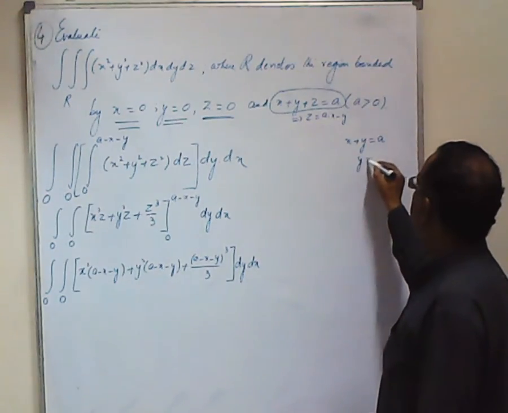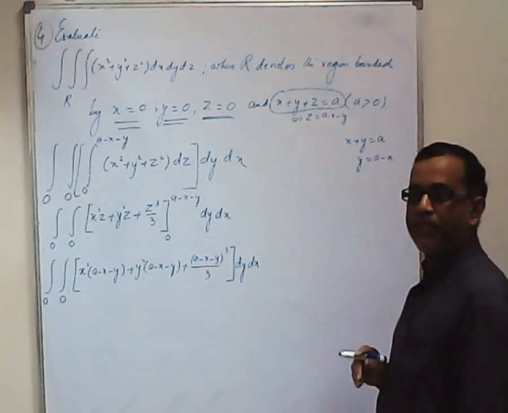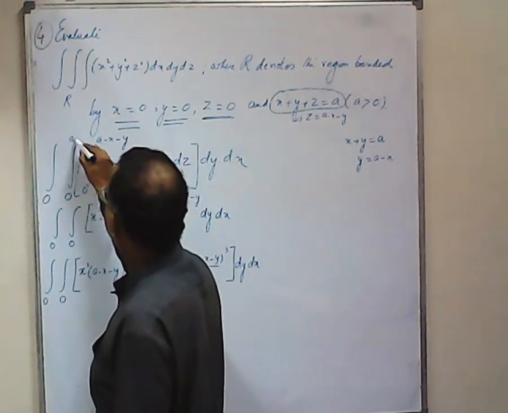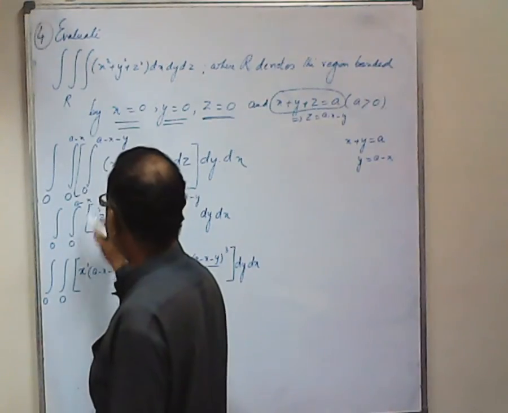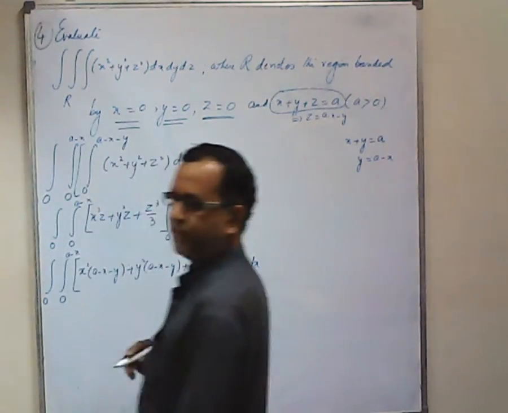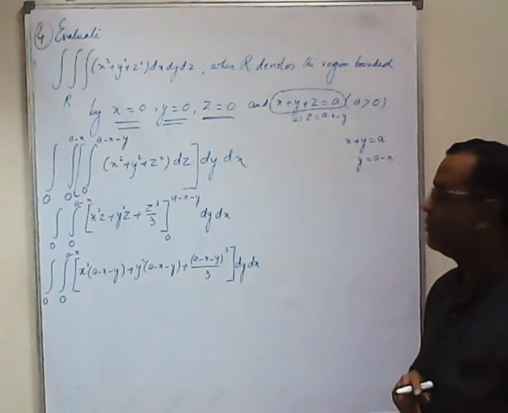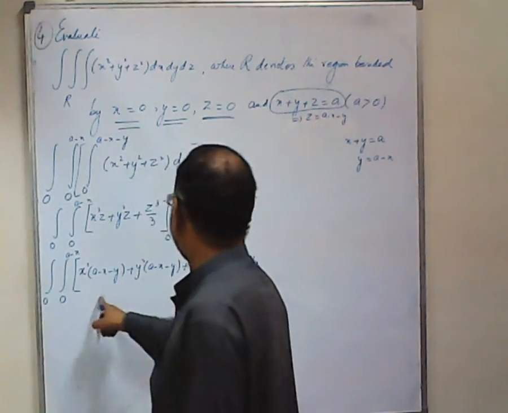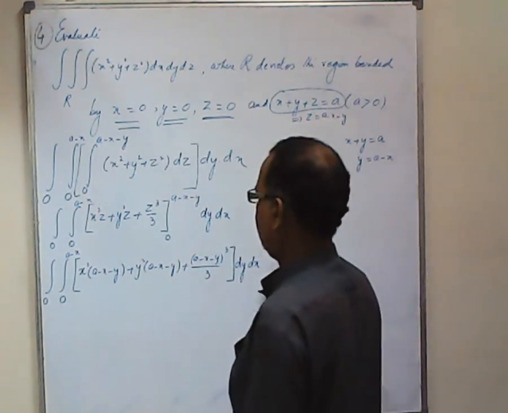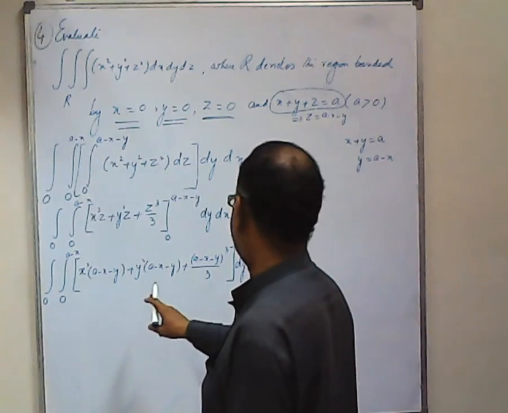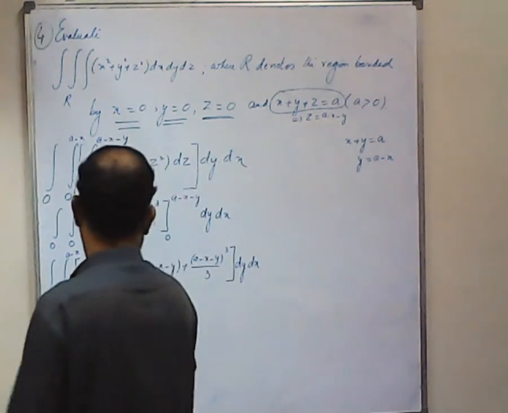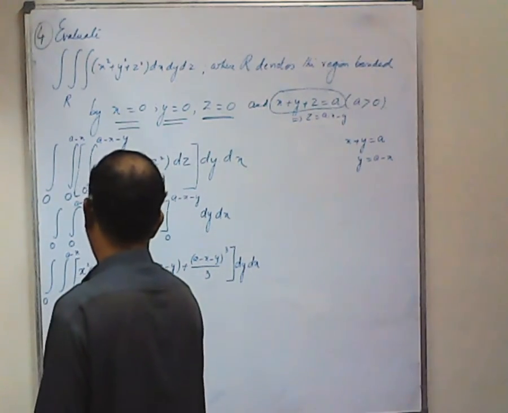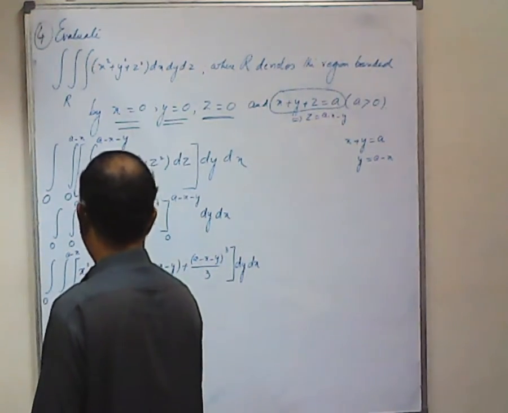So from here y is equal to a minus x. So it means the set y now has limits a minus x. So now we will write this term as, because it will be easier to calculate this one, so it will be better if I write it as